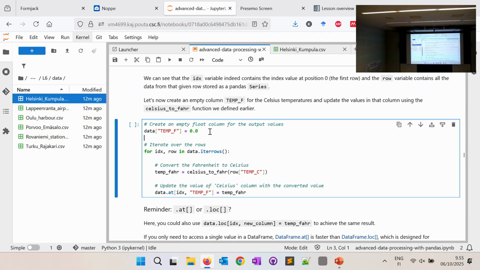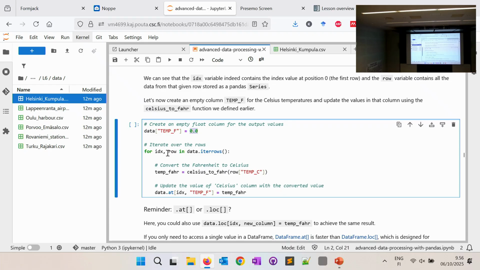Now we are going to do the calculation. So I'm going to do the calculation and write it to a column. So I'm defining my column first. So remember, you do it outside your for loop. So you don't define your column here, because you remember that the for loop is repeating every time. So you don't want to create that column every time, overwrite everything you have. So outside the for loop, I define my column, then I go through it and I update the values. So I just create the column using some default value, some random value. Then I iterate over the rows